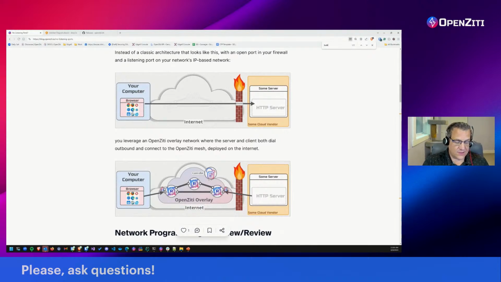One of the constant things that people on the internet will say is, you've removed my port from being exposed to the internet. That's great. But there's still a port that's exposed to the internet. And that is absolutely true. You'll never get away from that regardless. There are lots of ways that you can go about making that connection much, much stronger, though,